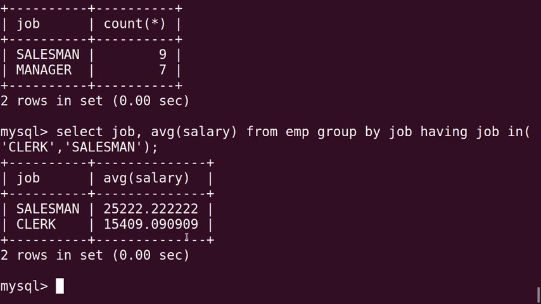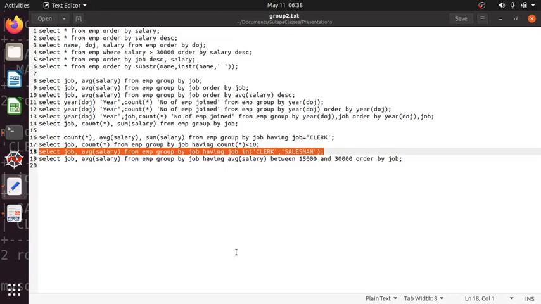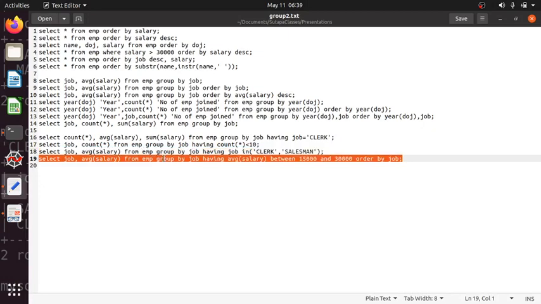Here also you can see having is used to filter the records. Next query, for today, the last query.